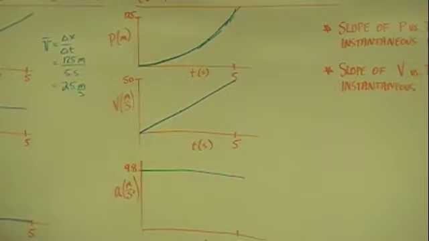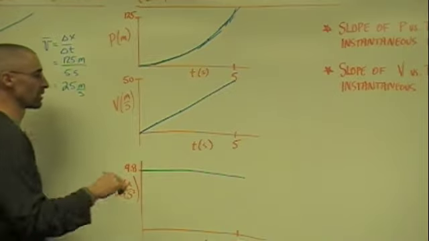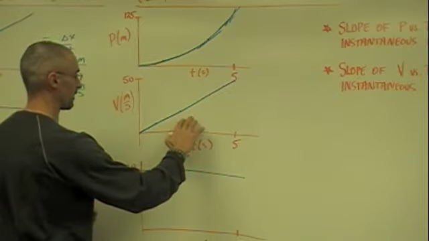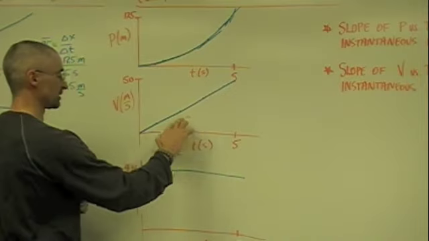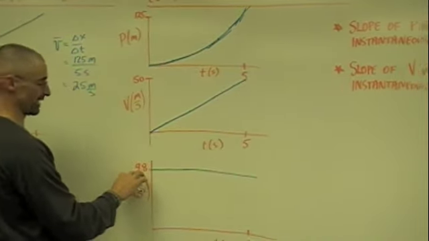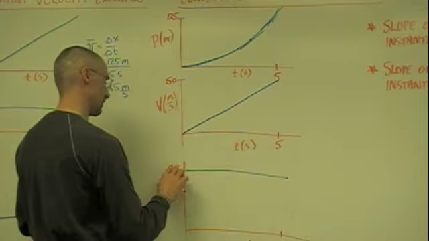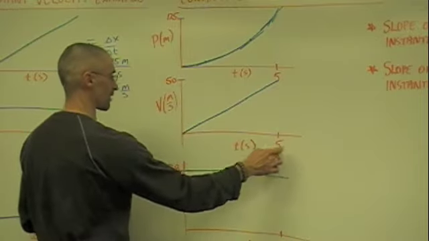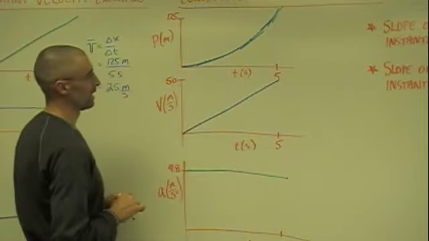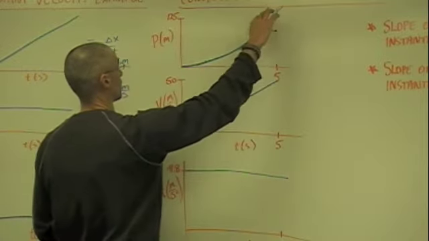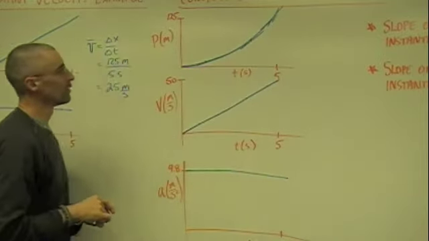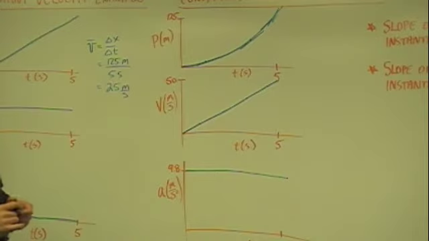9.8. We're going to get into kinematic equations here in a bit, and we'll be able to figure out that, well, it's pretty obvious. If you're accelerating at 9.8 meters per second squared for 5 seconds, you would be going 9.8 times 5, or right around 50 meters per second, and we would have covered a distance of about 125 meters, which we will verify when we get into using